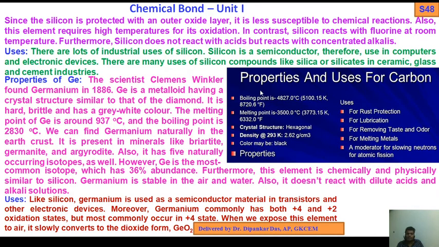And these are the properties: boiling point 4800 degrees centigrade, melting point 3500 degrees centigrade, and density 2.62 gram per centimeter cube. Color may be black. And the very important uses: rust protection, lubricating agents, removing taste and odor, melting materials, and also a moderator for slowing neutrons in atomic fission. So I have discussed the properties and uses of carbon,